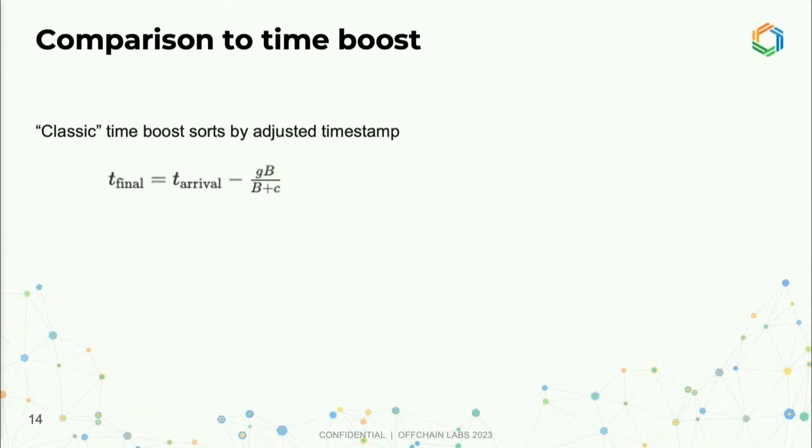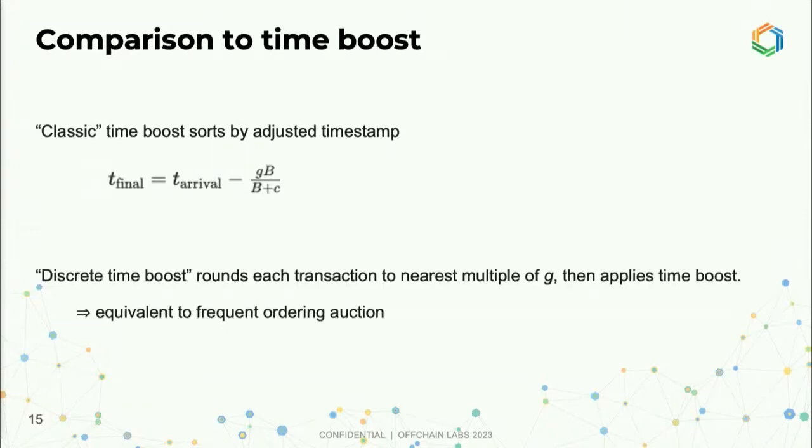So this is classic time boost, in which you receive transactions, timestamp them, apply this correction, and then issue each timestamp as soon as you were sure that it was definitely going to be next in the sequence. Now, discrete time boost is a variant of this in which you round each transaction's timestamp to the nearest multiple of G, and then apply this same time boost algorithm. And it turns out that discrete time boost is equivalent to this